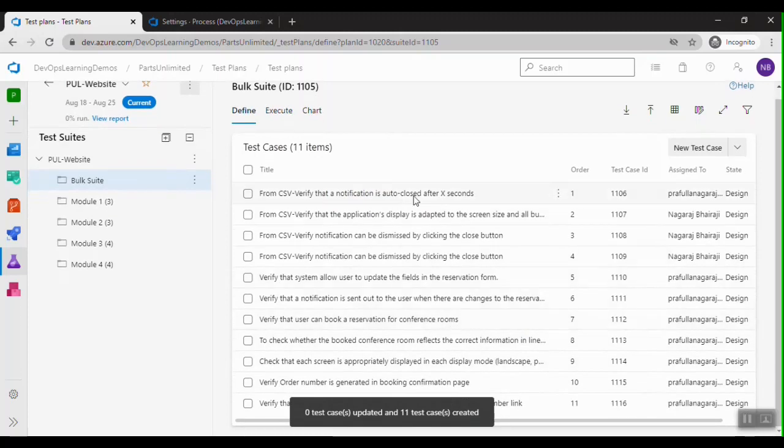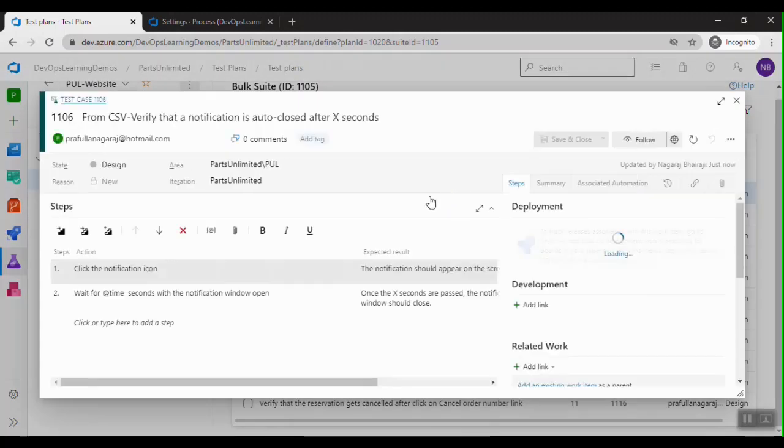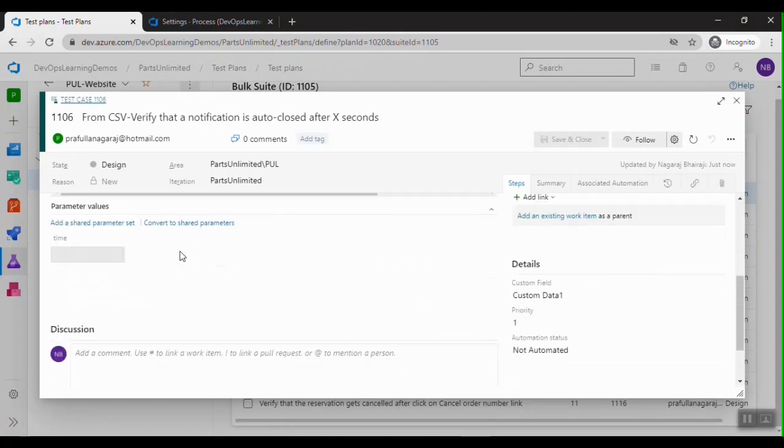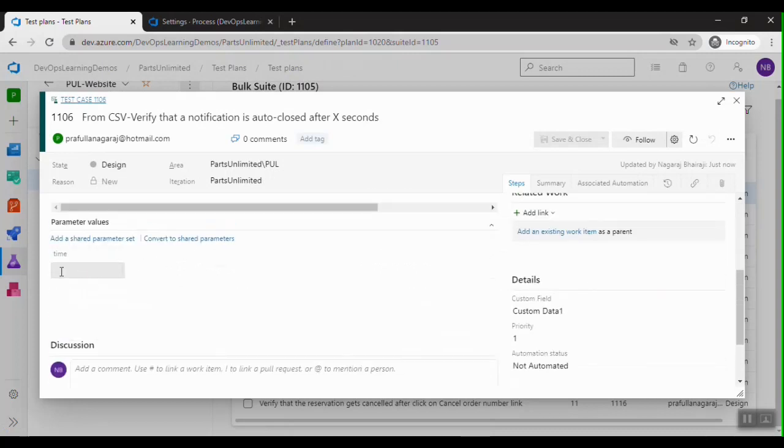Okay, and I can click on the steps, and I can see here the @time parameter is used, and below it is defined here. So either I can click on add shared parameters, and if there is already a parameter called time, it will take all the values from that, or I can fill in the values.